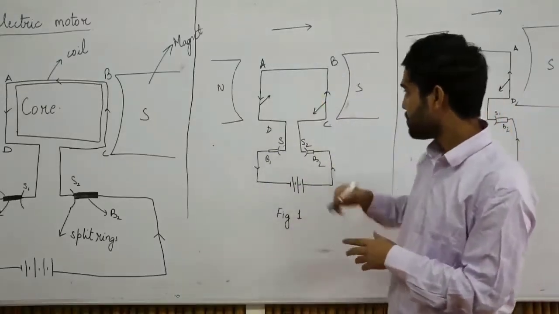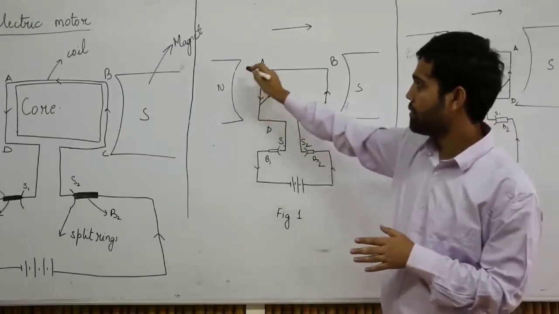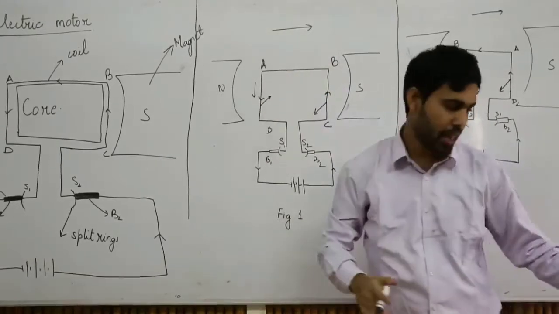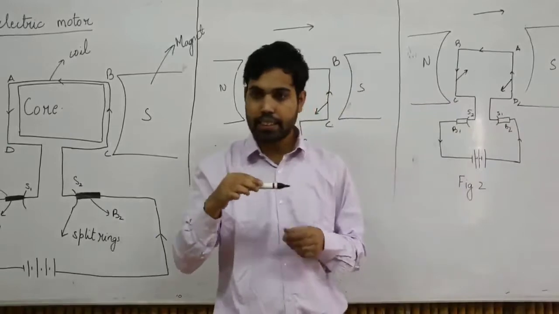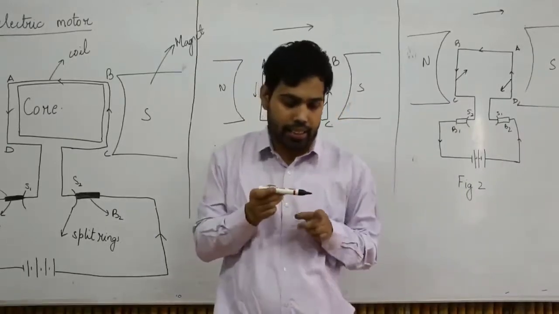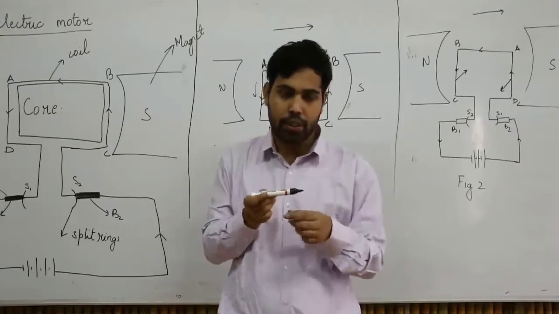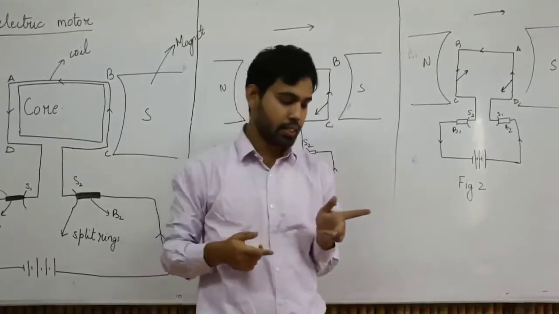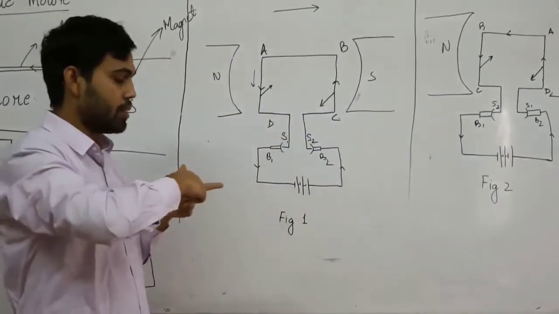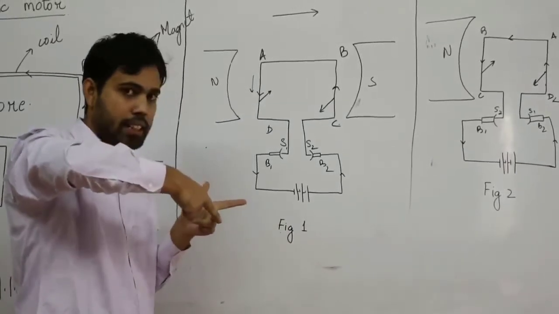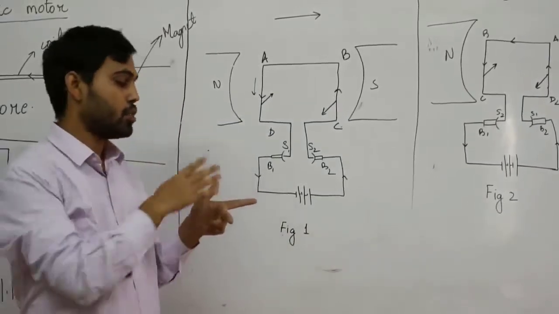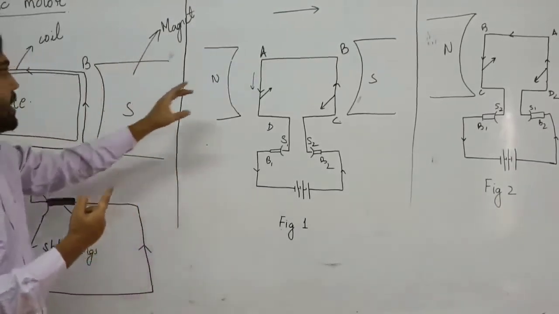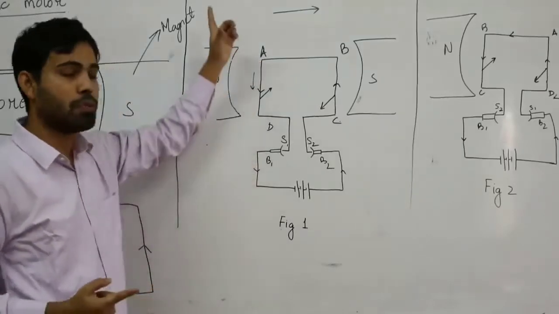So for the first one, I have the direction of magnetic field to be in this direction. I have the direction of current to be in this direction. So in my case, the magnetic field is in this direction, and the current is moving towards you. Keep this in mind. The current is moving towards you. So what will I have? The magnetic field is in this direction. So I am using Fleming's left hand rule. The direction of current is towards you, so it is moving in this direction. So what will be the motion of the conductor now by Fleming's left hand rule? It will move upwards. So basically this part of the coil will move upwards.